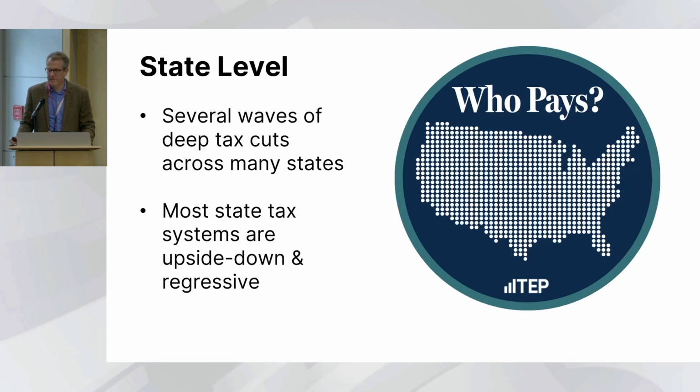The second piece of context is that since the 1990s, we've seen a number of waves of deep tax cuts at the state level. We are hopefully coming out of a wave of that from the last few years, which was unfortunately spurred by the ARPA money and states deciding not to necessarily spend that on things like care infrastructure, but instead to spend it on tax cuts. But that is dwindling, and I'm hoping that the tax cutting mania we've seen in the past few years at the state level will also subside.